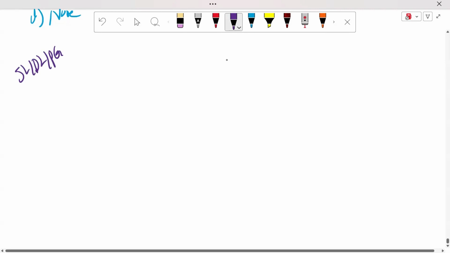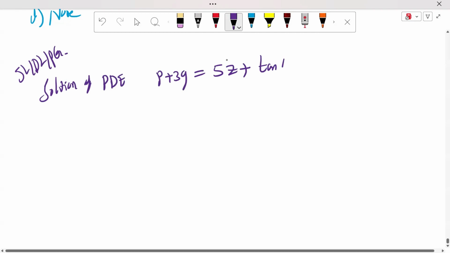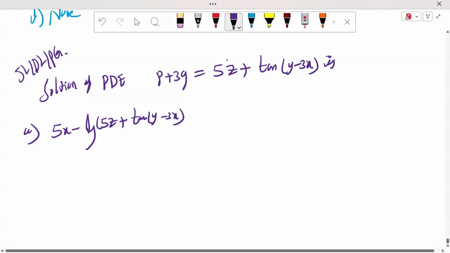What is the question? Hear that, sir. Observe that, sir. Very simple question. A partial differential equation: p plus 3q is equal to 5z plus tan of y minus 3x. Option A: 5x minus logarithm of 5z plus tan of y minus 3x is equal to phi of y minus 3x. Option B, sir. 5x minus logarithm of